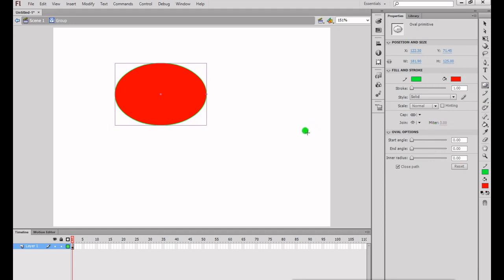Now see, you got one oval shape. Then here in the oval options we can see some options: start angle, end angle, inner radius. I'm going to make some changes here. See the changes.